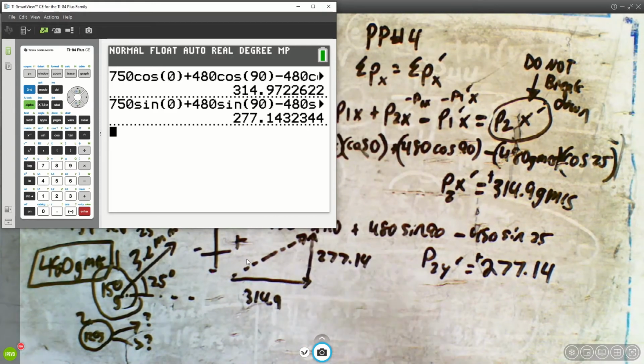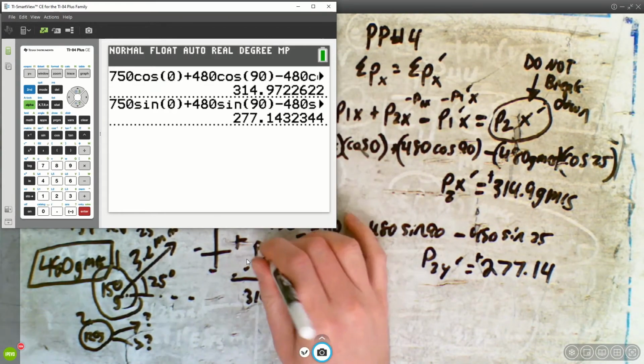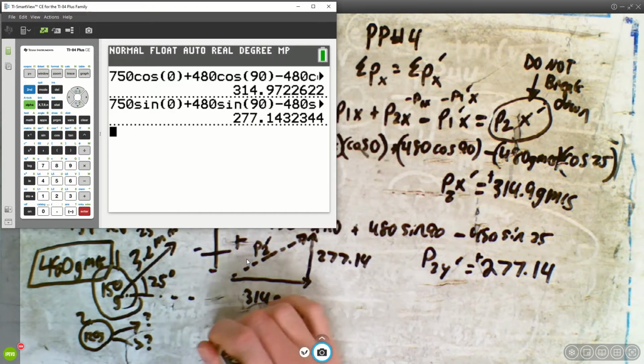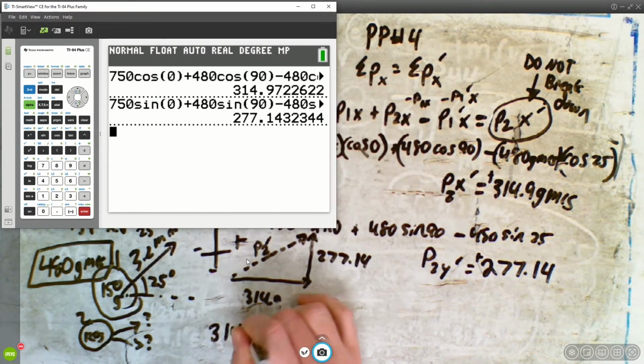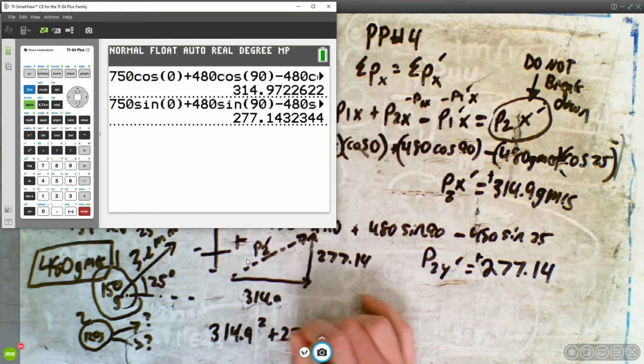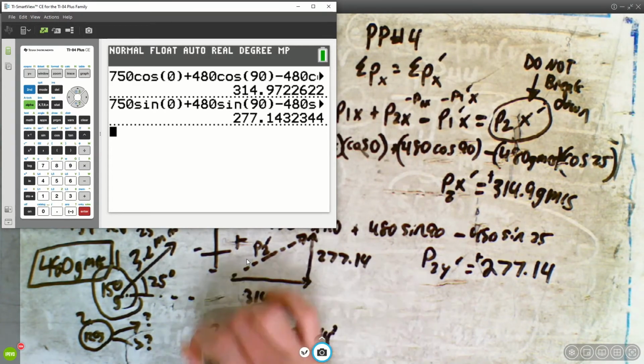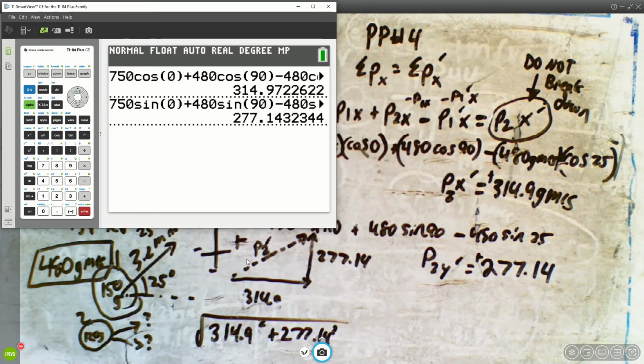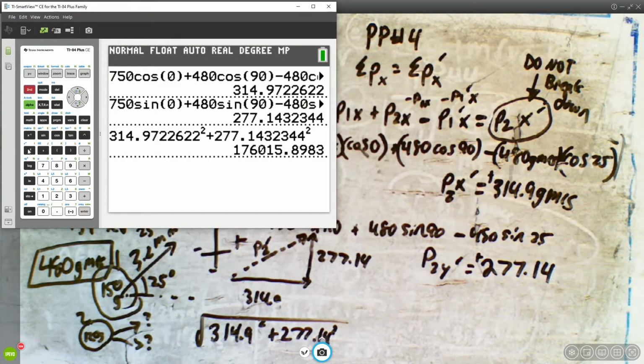And then this is my momentum 2 after. Okay, so what I'm going to do is take that 314.9, square it, plus 277.14 squared, and square root it to find it. And again, I'm using my full answers because I have them in my calculator here. So I'm going to take that squared plus that squared. And then I'll square root that answer